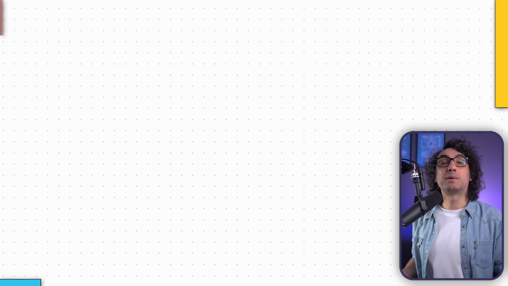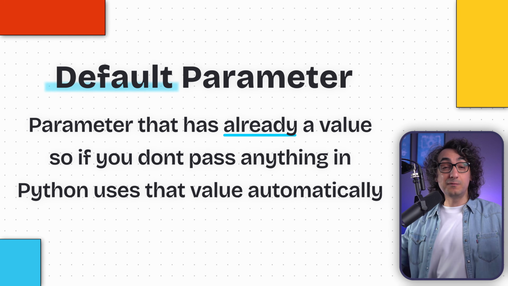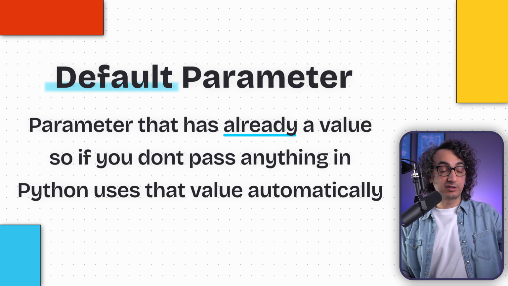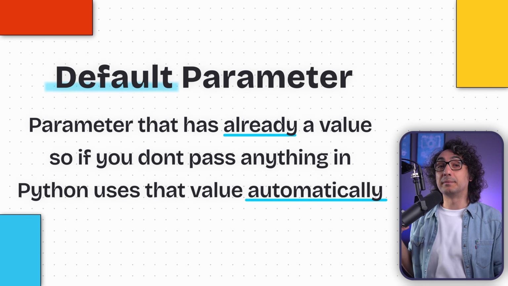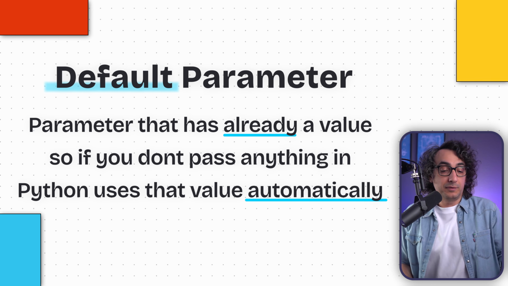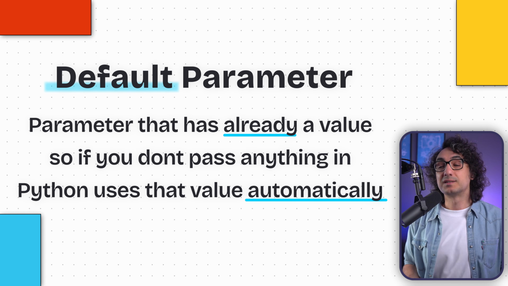So now my friends, as you see, all the parameters that we used so far require a value, and if you don't specify a value for them, the code is going to break. But in real projects, this will not work because sometimes we have parameters that are not that important, or we don't have a value for them. That's why in Python we have something called a default parameter. A default parameter is a parameter that has a value already. If you don't pass an argument for it, Python is going to use this default value, and this makes our parameter optional. So it is totally okay if I don't pass any argument, any value. So let's see how this works.